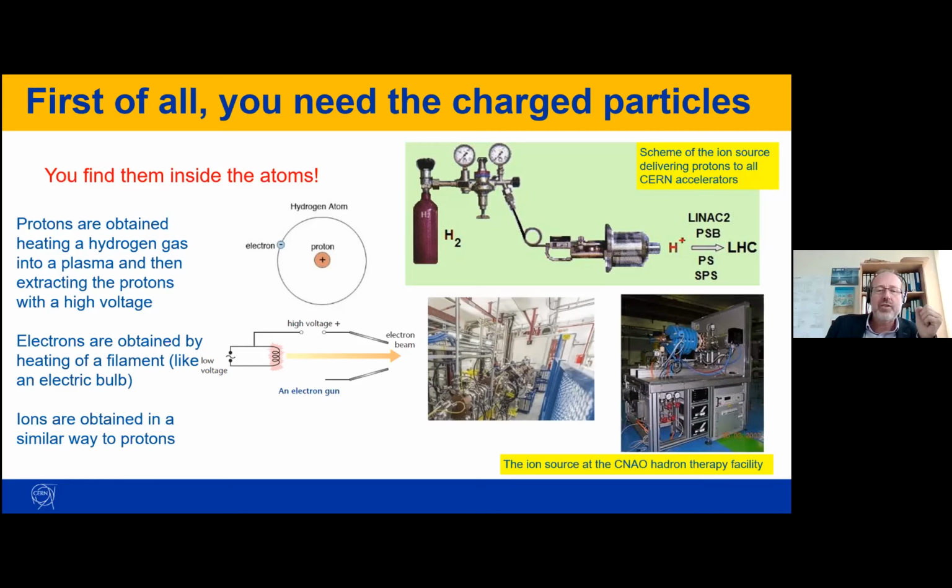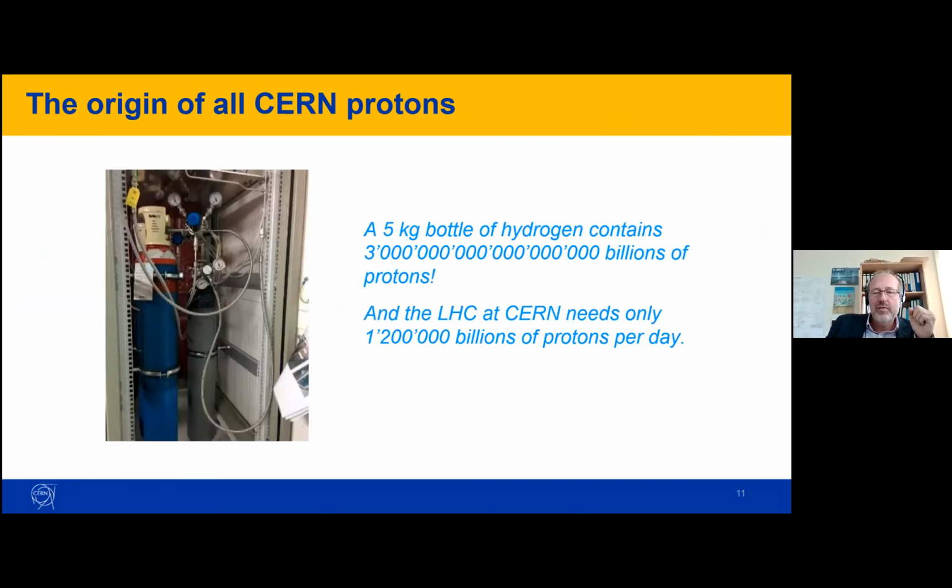Our a bit out of fashion electric bulbs, but in the old bulbs you have a filament that creates some electrons, and if you accelerate these electrons with a constant voltage with an electric field, you can create an electron beam. So this is relatively easy, and the good point is that there are a lot of atoms and protons around. So this that you see in this picture is the place where all protons of CERN are coming out,